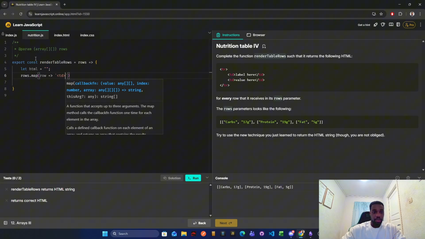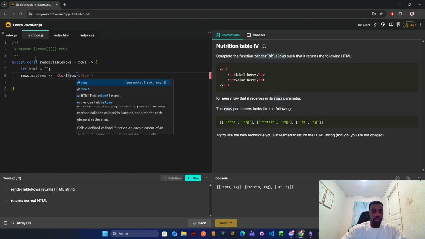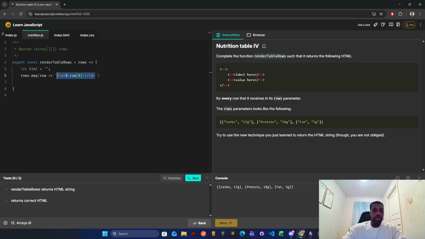So for every row we want to have the, because that's what it's giving us, an array, right? So we want to do row first, and then we want to